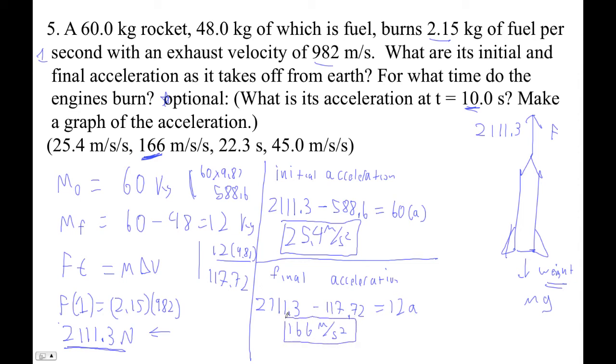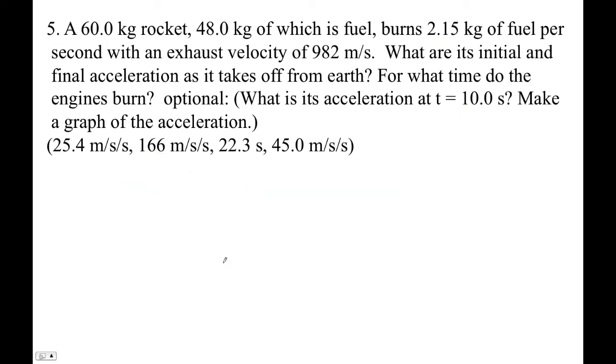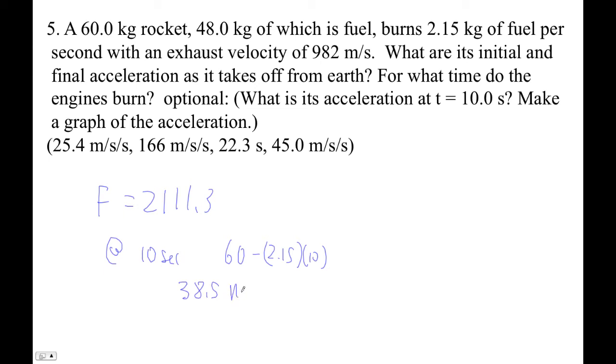So if this was a manned or womaned mission, you'd have to throttle that engine back as you ran out of fuel. And then all we're going to do to find the acceleration at 10 seconds is find the mass at 10 seconds, okay? So we know the thrust is 2111.3 at 10 seconds. The mass is 60 minus 2.15 times 10. So 60 minus 21.5 is 38.5. So that'd be the mass, right? And then times 9.81,